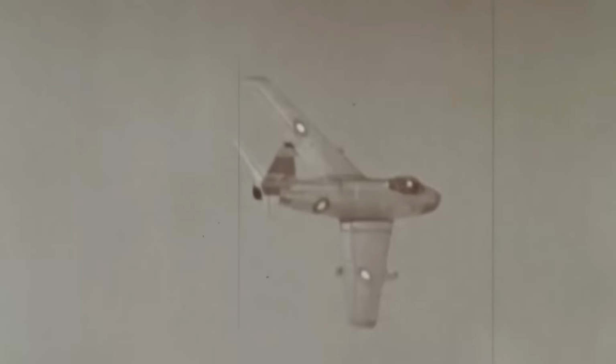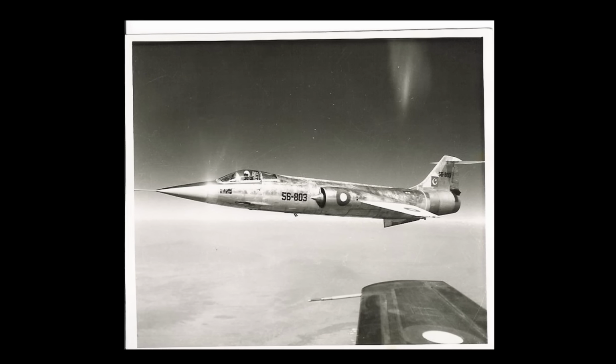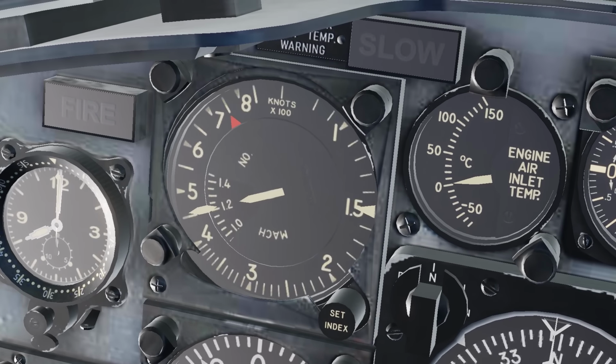Two years prior, in the skies over India and Pakistan, Starfighters of the Pakistani Air Force would frequently tangle with the Indian Air Force's finest. On September 3, 1965, F-104As, nicknamed Griffins by the Pakistanis, were vectored to support a flight of F-86s that had been jumped by six Indian Folland Gnats. Flight Officer Abbas Mirza of 9 Squadron and the lead Griffin rolled into the melee from 36,000 feet. One of the Gnat pilots reportedly cried,